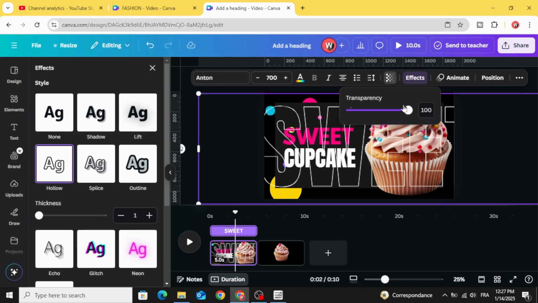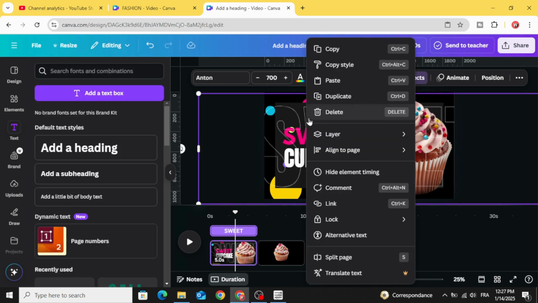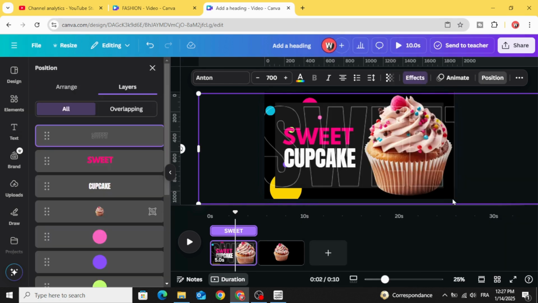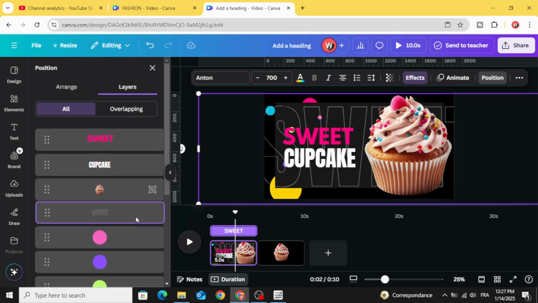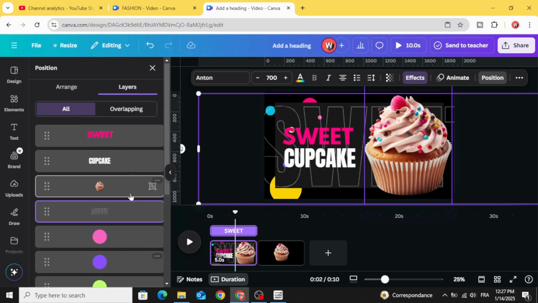Go to transparency and decrease to 40. And go to layers, show layers and drag it down, make the order like this,